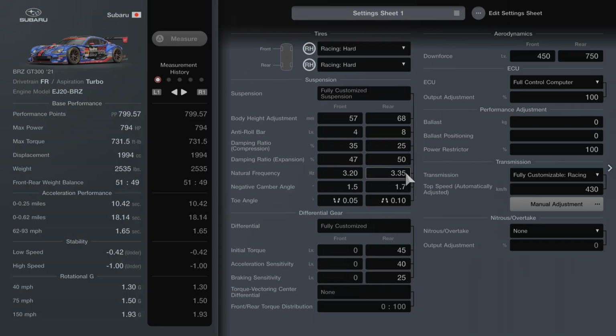Like with the ride height, the natural frequency, or the spring rate, is what I normally try to call it. The spring rate is at 3.20 on the front for this car at least, and 3.35 for the rear. And as I said before, it's just like the ride height, so you want it pretty much 20 clicks higher than the lowest setting on the front, and it'll be 35 clicks higher above the lowest